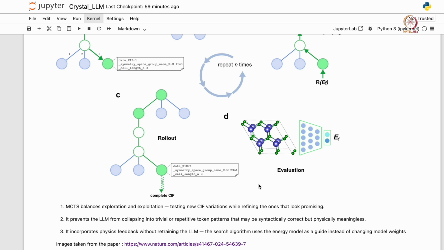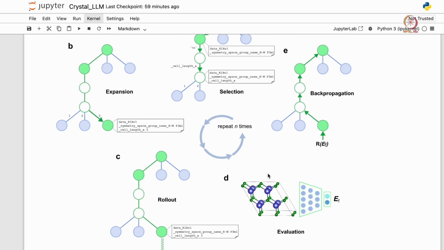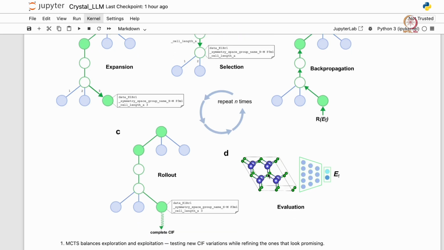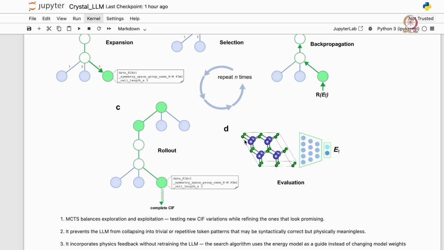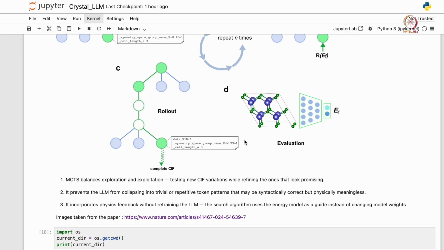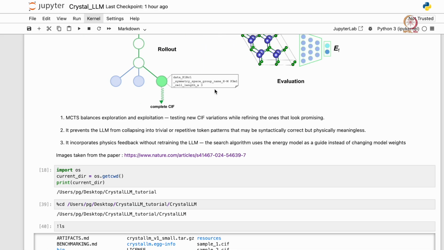Okay, and you are also using a search algorithm to generate new structures from the same input, rather than changing the model itself. That's something very important about this algorithm. You are not changing the core baseline model. Given a model, you are trying to see what possible paths you can explore based on the model outputs. Okay, so this completes the explanation for this package.